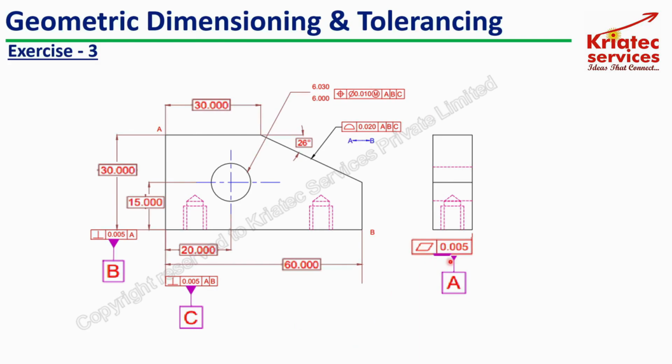saying is this particular face should be having a flatness tolerance of 0.005. Since flatness is a form tolerance, we don't have the datum reference here. The third zone will be missing, only the two zones will be available. Datum feature B